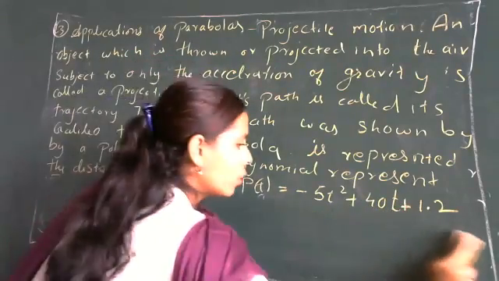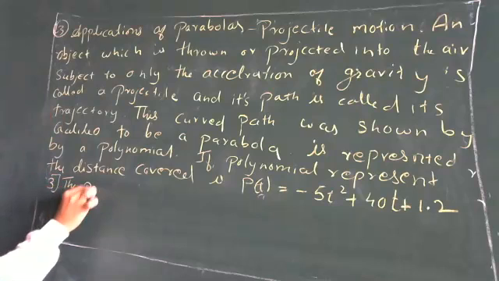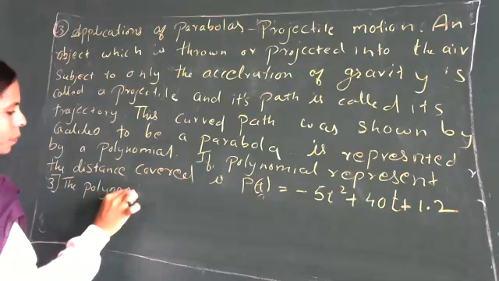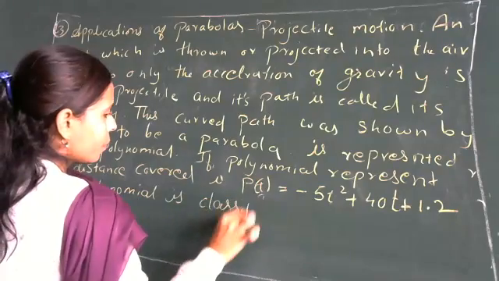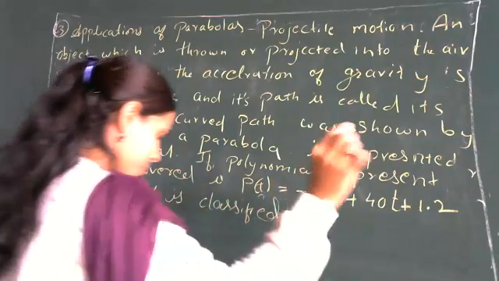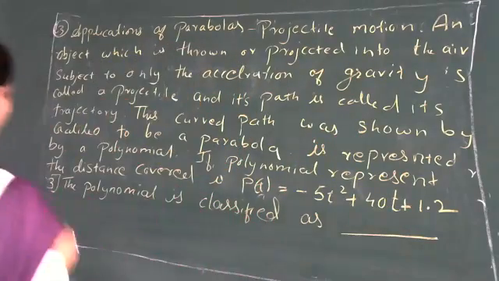We are having question two over here. The polynomial is classified as dash. Ma'am, the second lesson is not